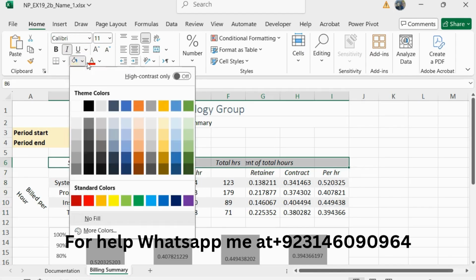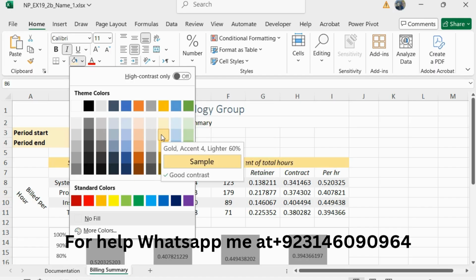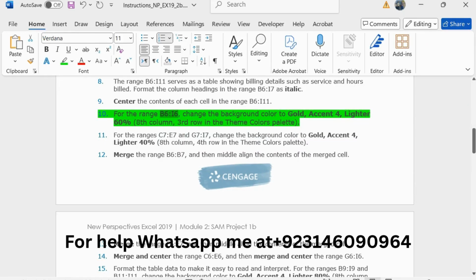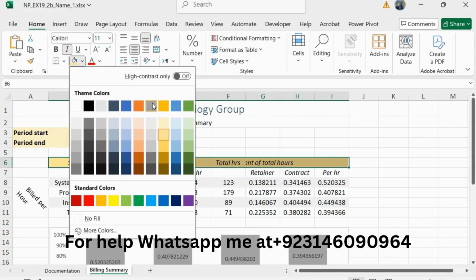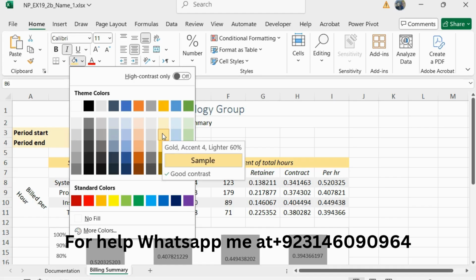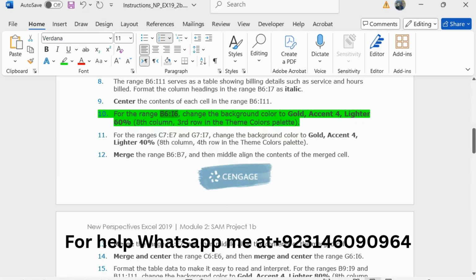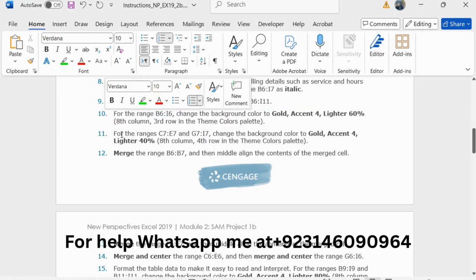Now click on fill color and click on Gold Accent 4, Lighter 60%. So click on fill and click on Gold Accent 4, Lighter 60%, this one. So I have completed 10 steps successfully.